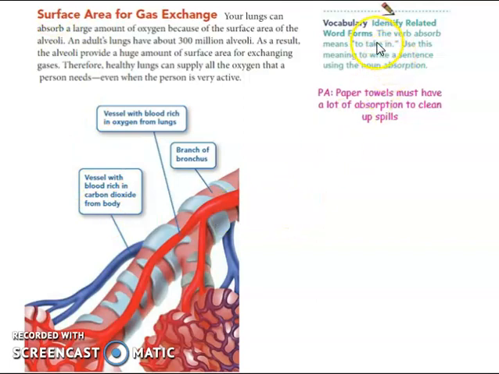Now, let's try to answer the vocabulary. Identify the related forms of